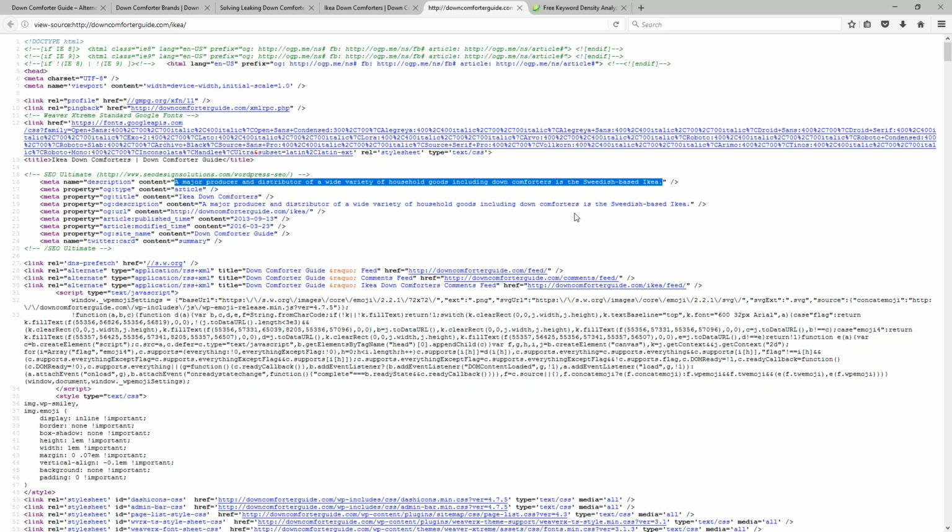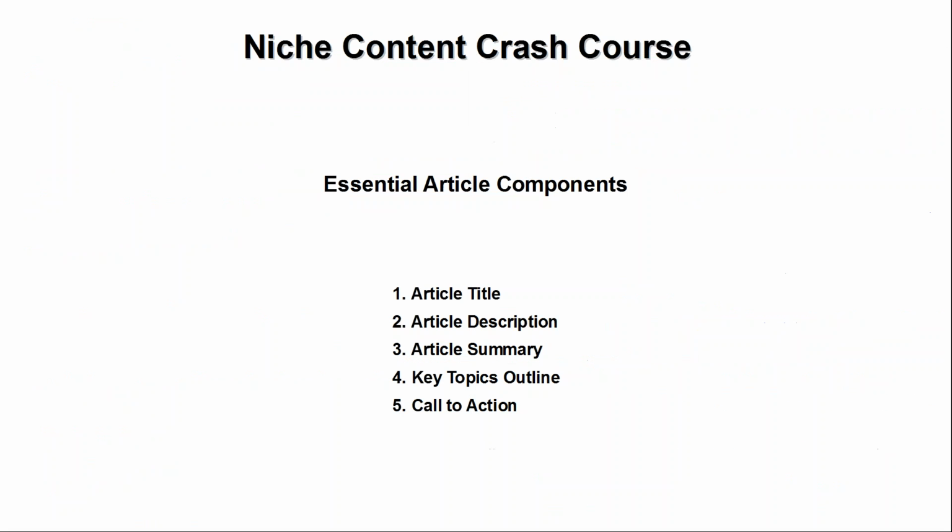So the title and this description here are super important because these 2 elements are sometimes the only thing that a person has to go on to decide whether or not to click on your page in the search rankings.